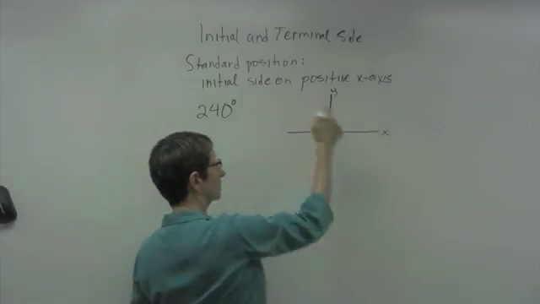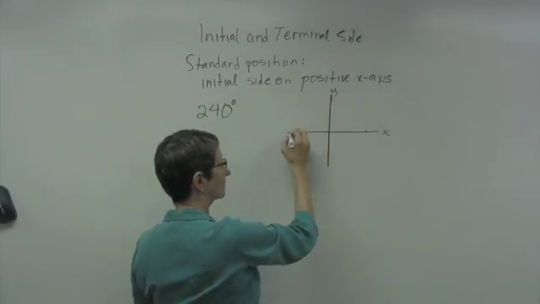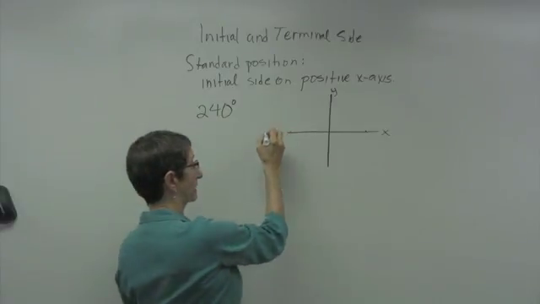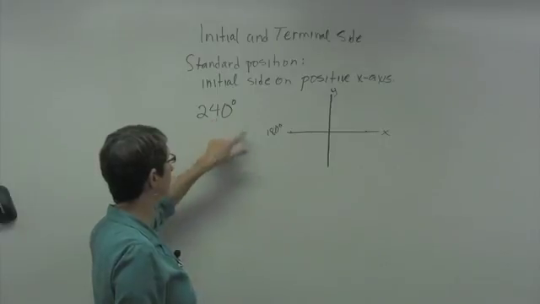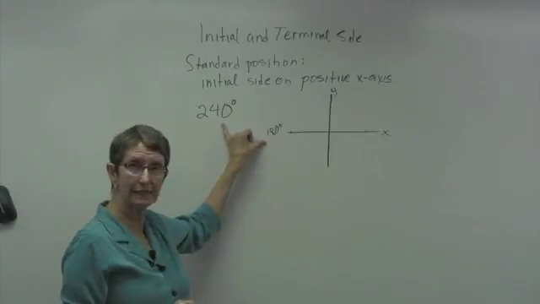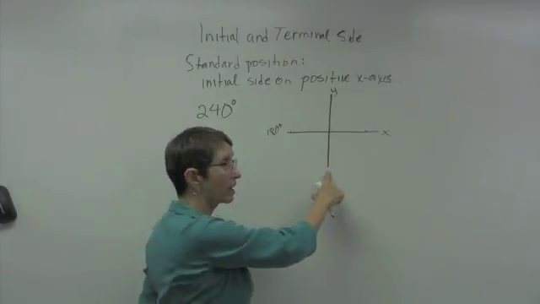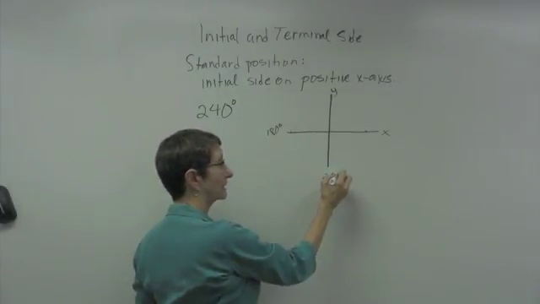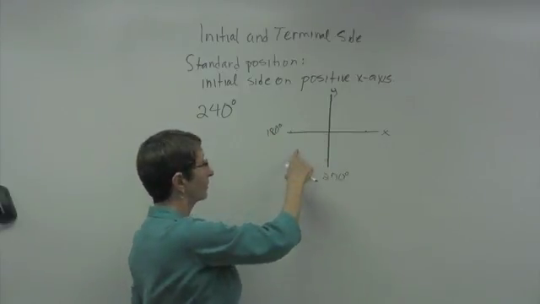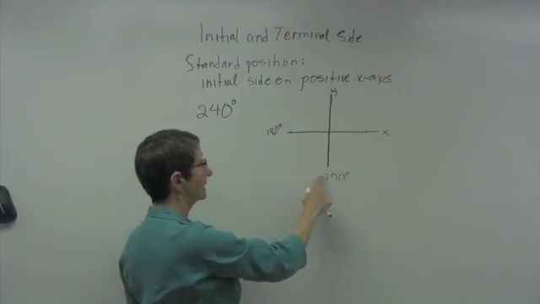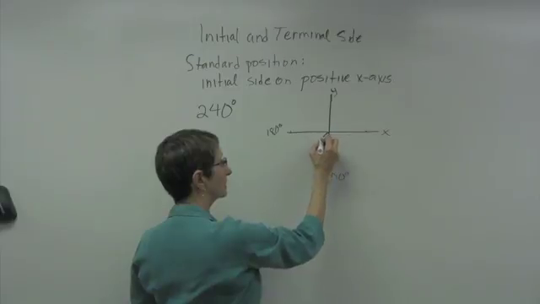Now, we also saw earlier that halfway around, let's say I'm going to start here, halfway around got us to 180 degrees. So after 180 degrees, I have about another 60 degrees to go. So another 60 degrees. Down here, we also saw we had 270 degrees. So 240 is somewhere in the middle here, 60 degrees from 180 and only 30 degrees from 270. So the terminal side